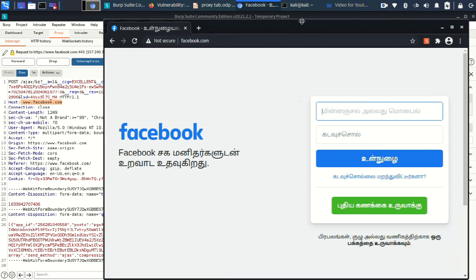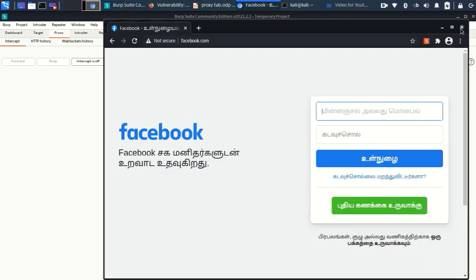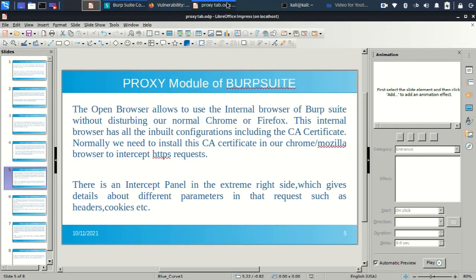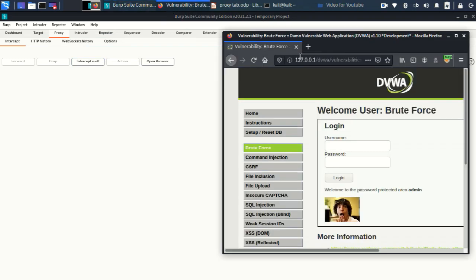Okay, next. There is an inspector panel on the extreme right side which gives you details about different parameters in that request, such as headers, cookies, etc. Let's see. Let's again just click login.